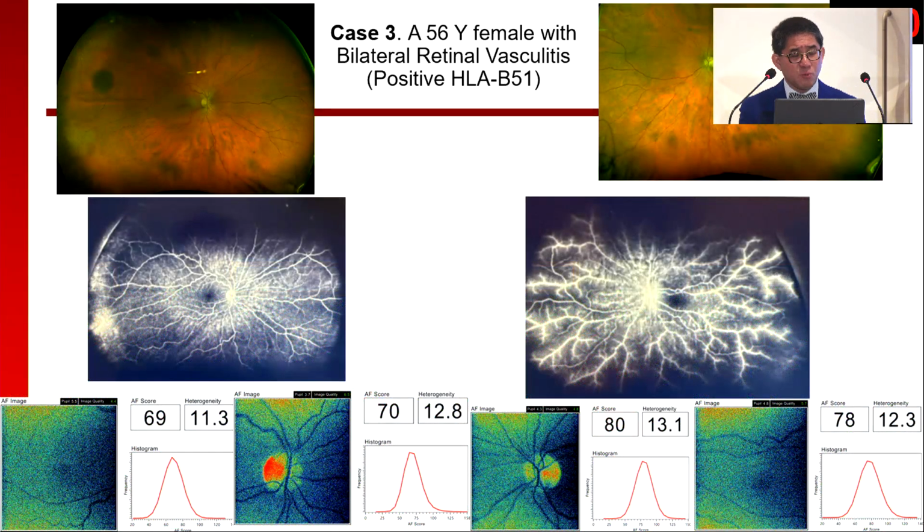The third case is a patient with B51 positive, and you can see from the upper color fundus photograph, as Dr. Tin just mentioned, that it cannot really tell us much, so you have to look at the fluorescein. By the time we look at the fluorescein, we see significant vascular leakage already, and obviously the patient will most likely have functional loss. So our question is, can we detect the disease earlier before you see all these changes on the fluorescein? If you look at the FPF, you will see that the number is quite high. So the question would be, could we use this to detect even earlier, before the change in the fluorescein angiography?